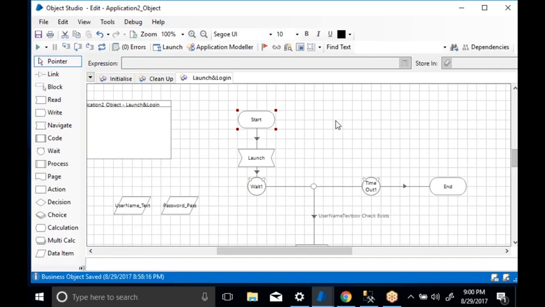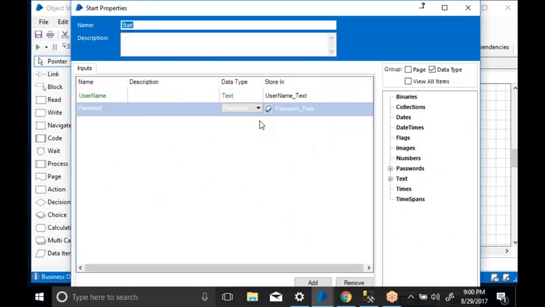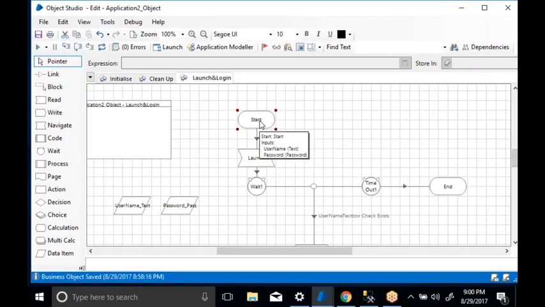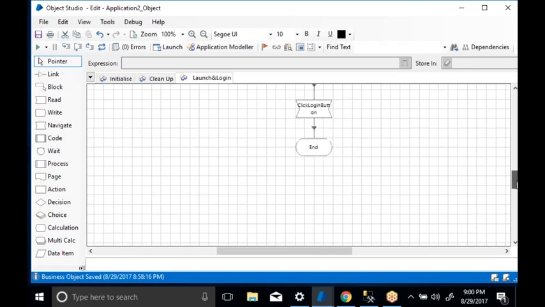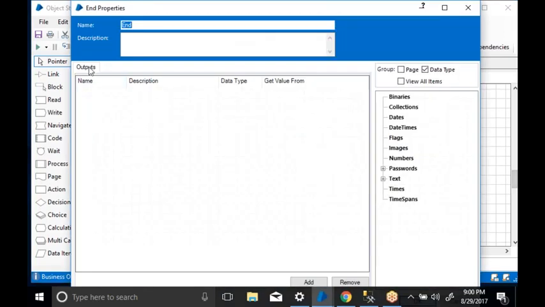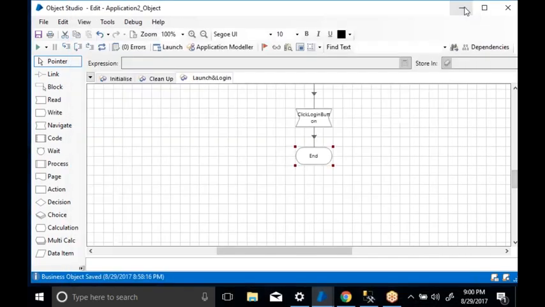Inputs we can create in the start stage, whenever it is required we will create an input. Whenever we want to deliver something, that will be done through the end stage, where you can see the outputs. Whenever you want to deliver some result from your object action page, you create it as an end stage output, and that will be taken into my process studio.